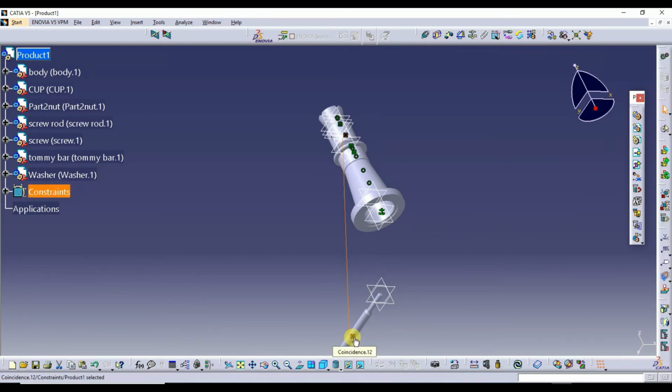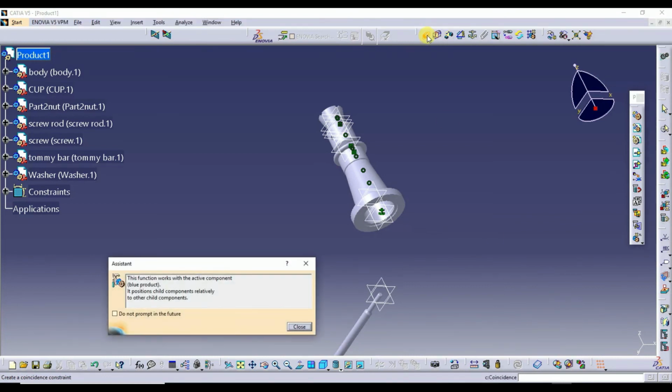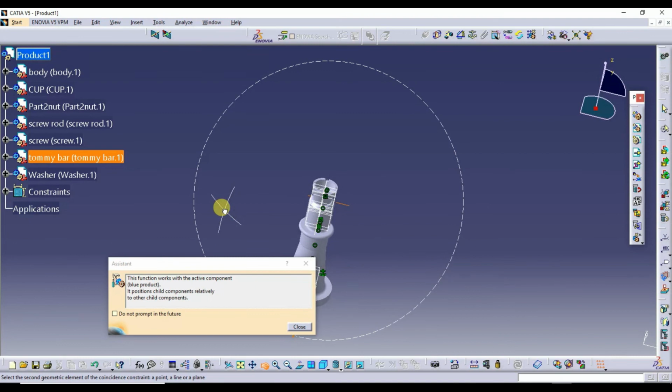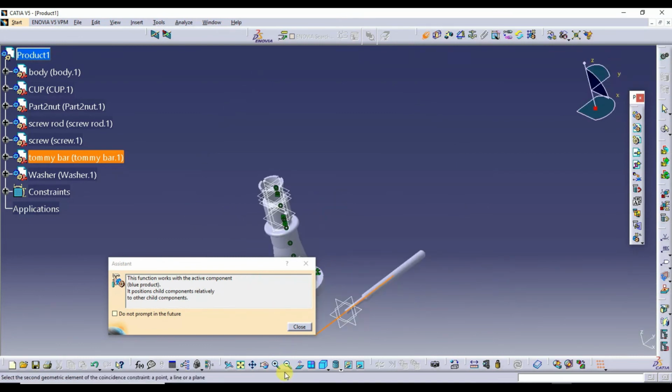Delete this command, it has not taken properly. So I'll go for the coincide again, select this and rotate the word this properly, zoom this.